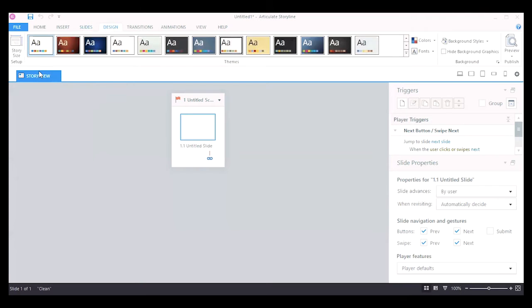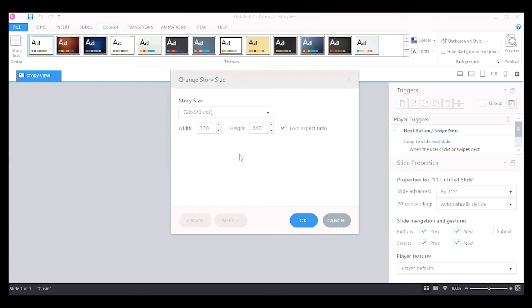And as you can see, the first option is to set the size of your story. If we click on this one, we can see that we have a drop down option, and then we have the option to select the width and the height, and also to lock the aspect ratio option. The lock aspect ratio option helps us to lock the ratio of our course or our scene so that it remains as it is throughout the course developing and designing and the publishing part.